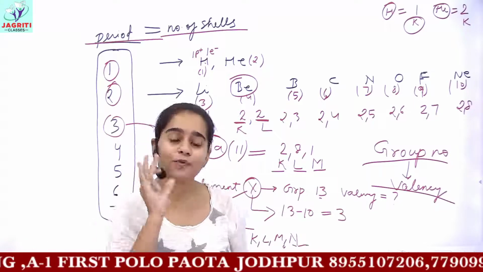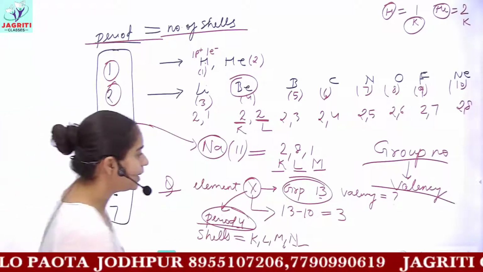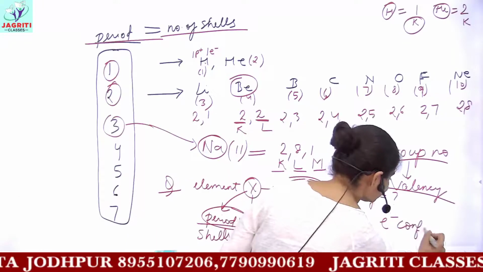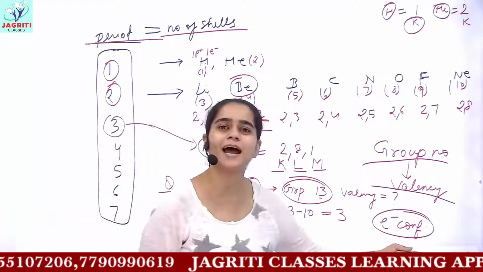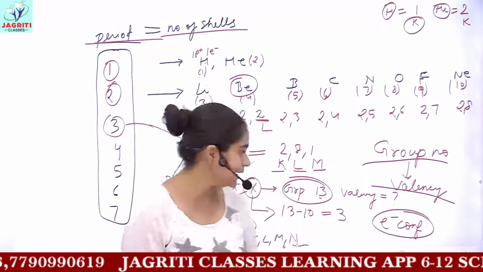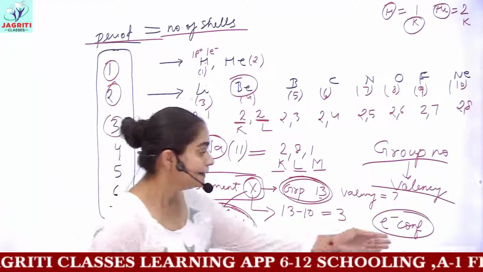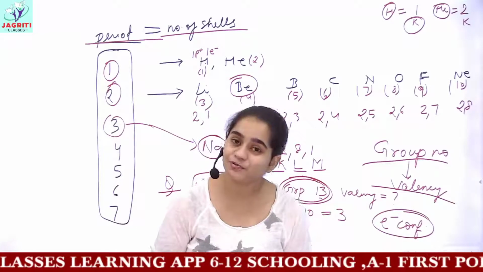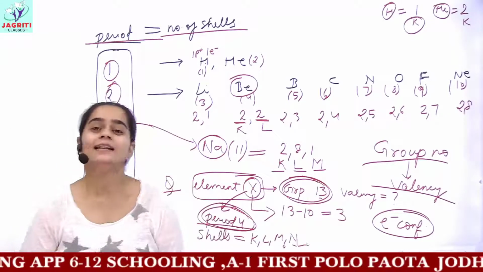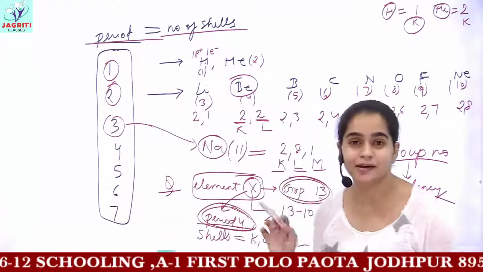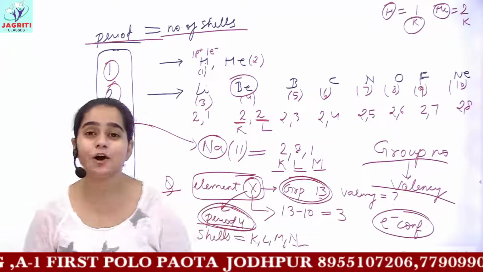Can you do one more advanced question? If you know the group number and its period, can you write down the electronic configuration? Try to do this. If you have understood the concept, you will easily be able to write the electronic configuration of any element given its group number and period number. Do try them. Firstly, do revise the periodic table, then you will easily be able to answer this question, that is, how to write the electronic configuration when you are provided with the group and period of an element.